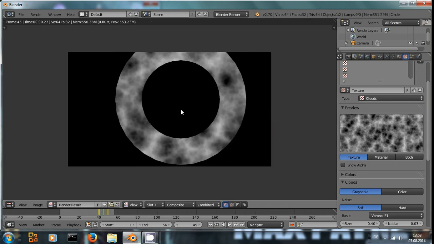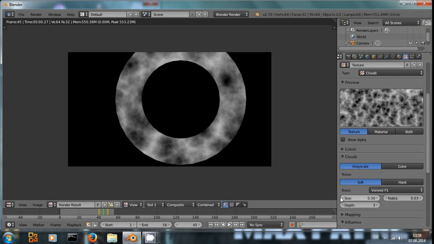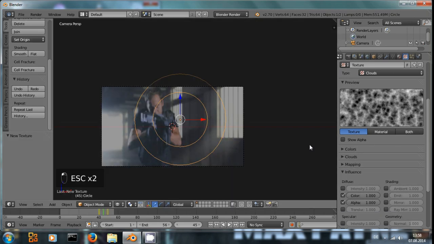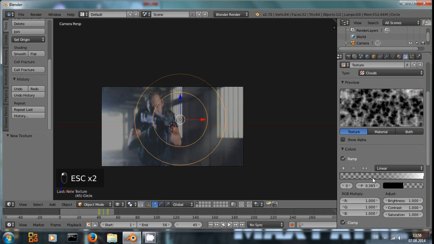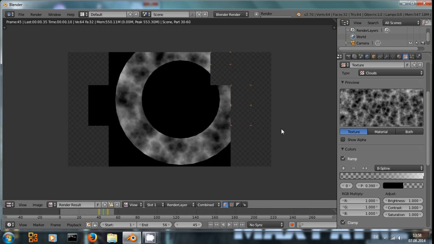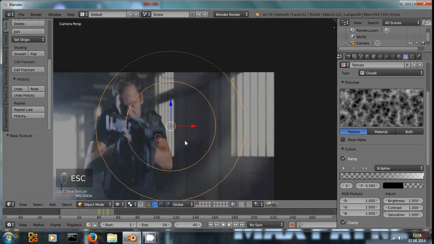Okay, let's see how this will look rendered. It's not very transparent, so I will change that, and maybe B-spline, which gives a far easier transition from white to black. And that looks okay. Just one more thing,